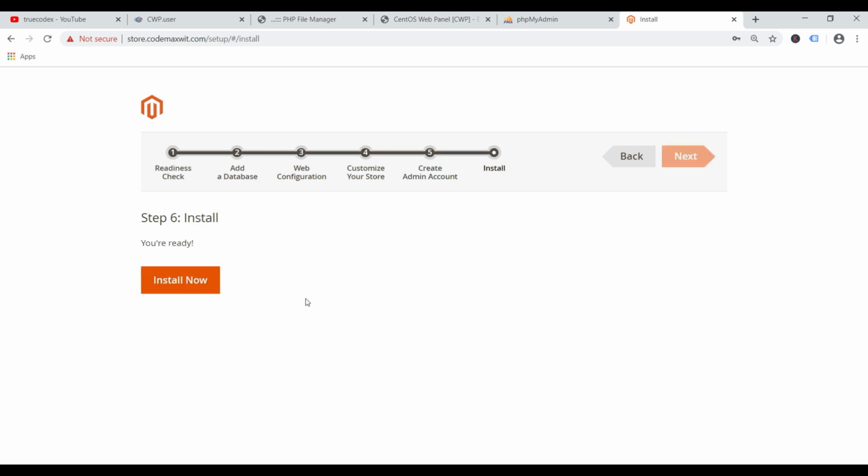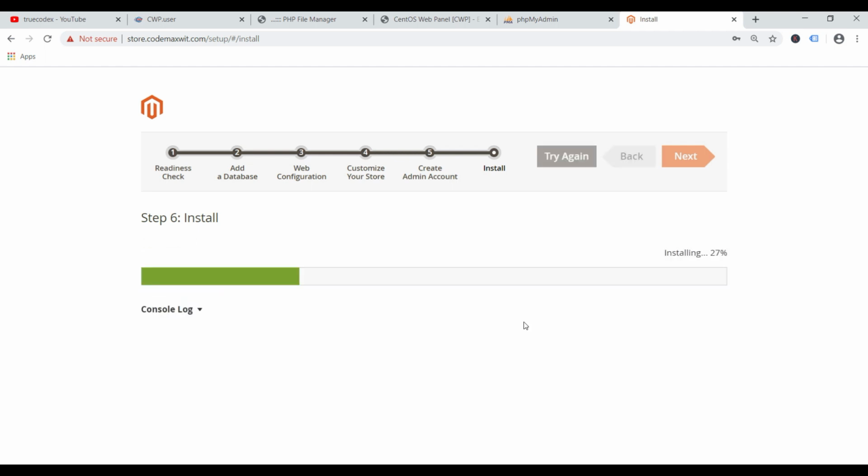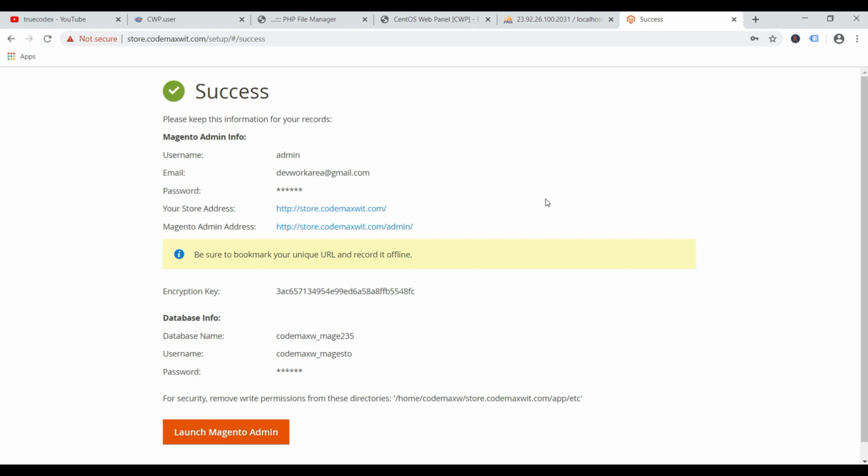Now next, and this is the last step, install now, and click the button Install Now. Now Magento installation has been completed, and this is the store URL and this is the admin URL.